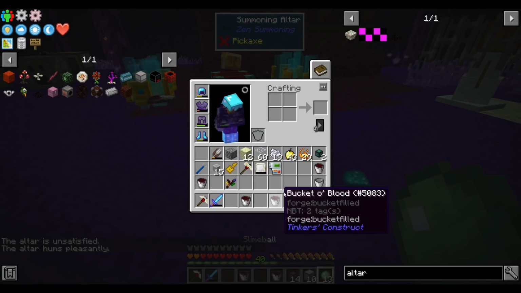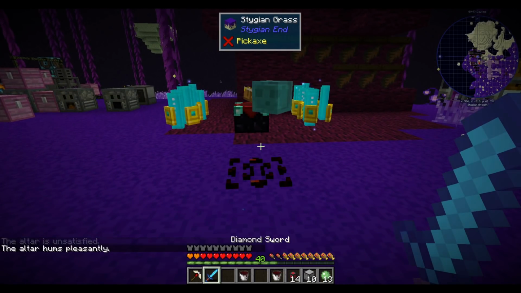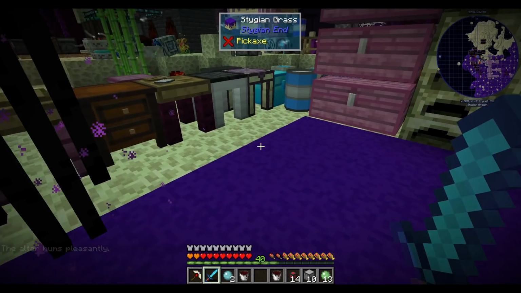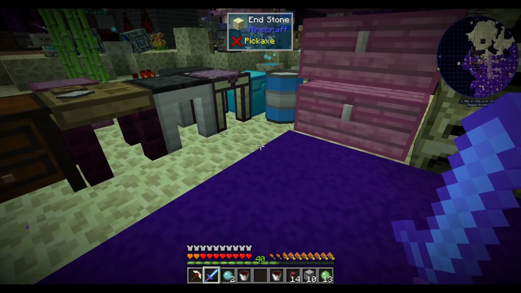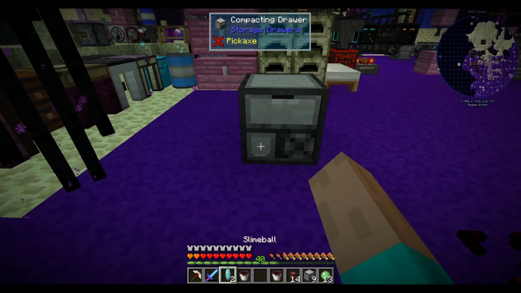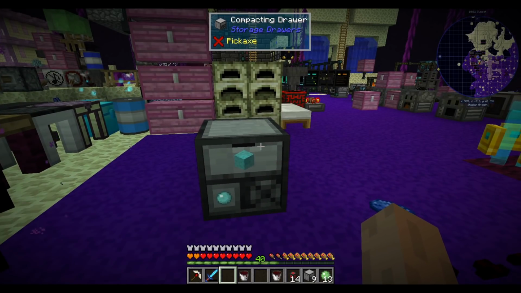Please, I should use a looting weapon, huh? My looting weapon's up in there, so I guess I don't have a looting weapon. Slime ball, please. There we go. So in some packs this works, and in some it doesn't. Let's test it out. If you put a compacting drawer and then place... Nope, doesn't look like it'll work. If it compacts blue slime, actually...